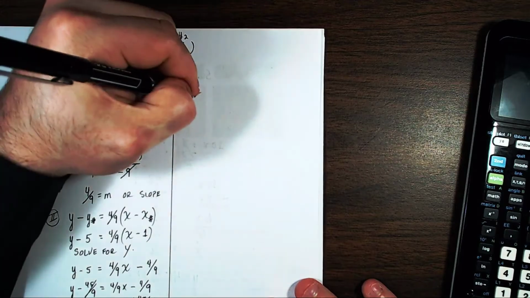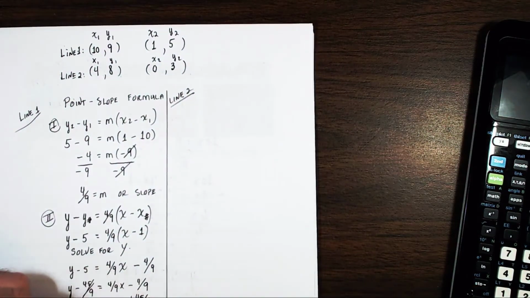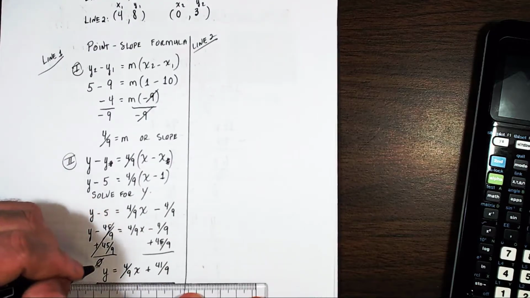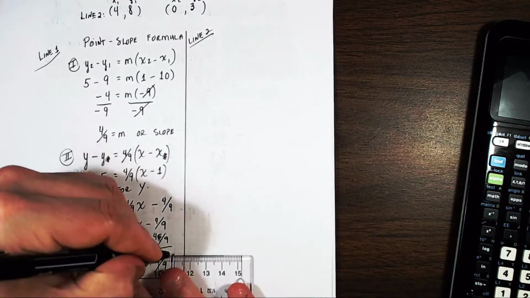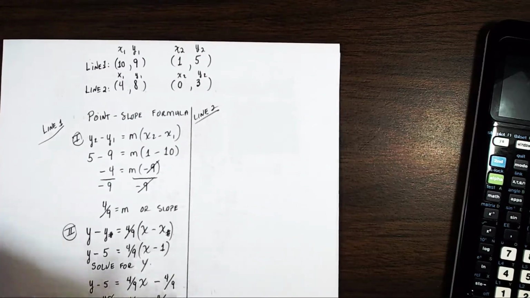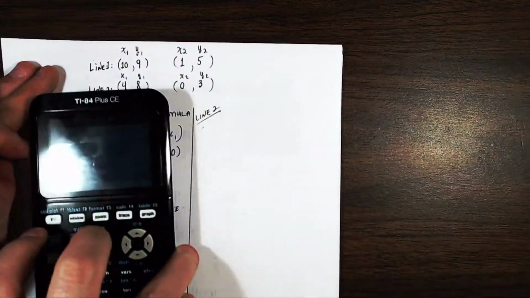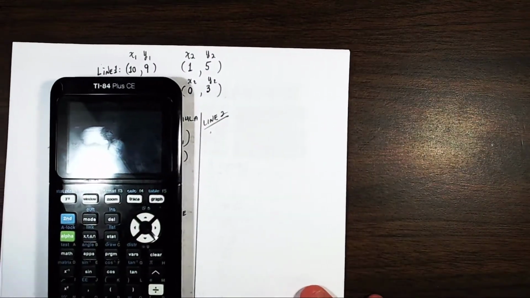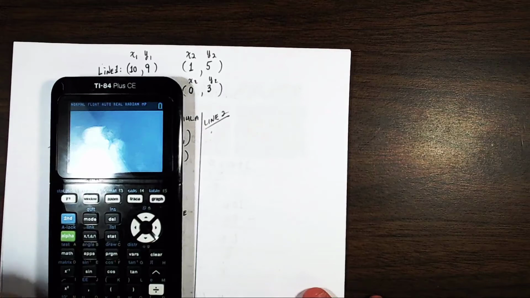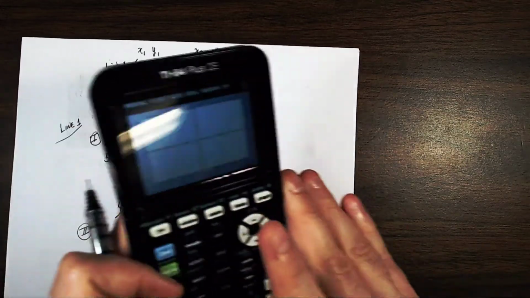This was line 1, this is line 2. We got to our slope-intercept form of the line down here, which is one of the things we really wanted. Now, for simplicity's sake, and also to teach you something and to speed things along, I'm going to do line 2 using the calculator's slope-intercept function. So let me clear everything out and go to